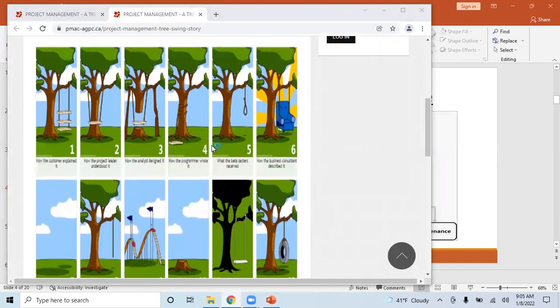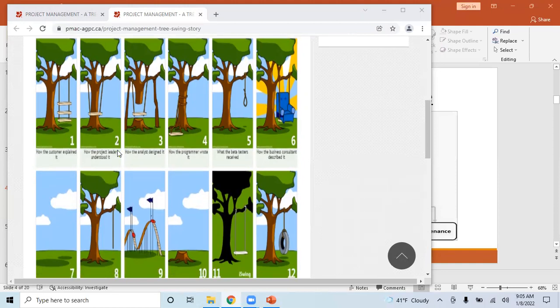So as I said, this is a classic picture that is shared across the IT industry as a joke. The customer wants a swing. This is what the customer explained to a business analyst.